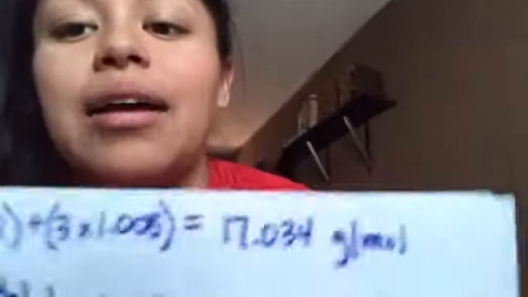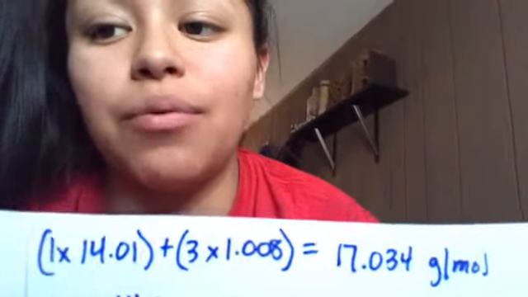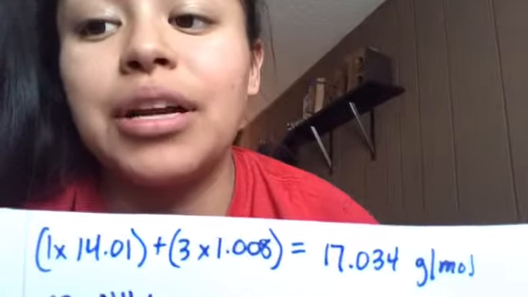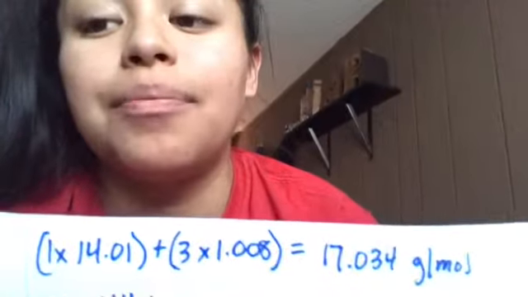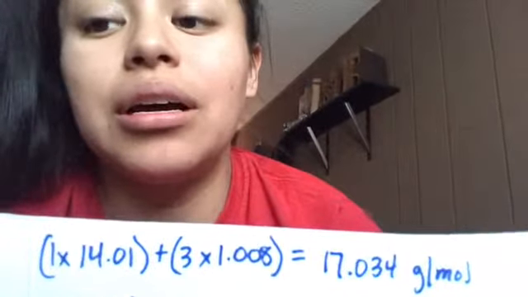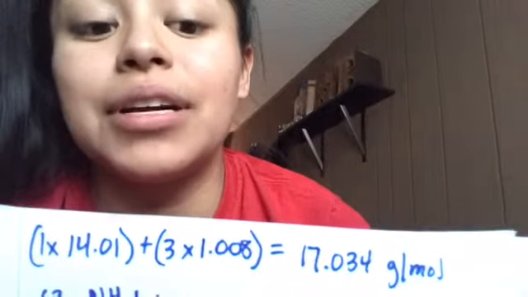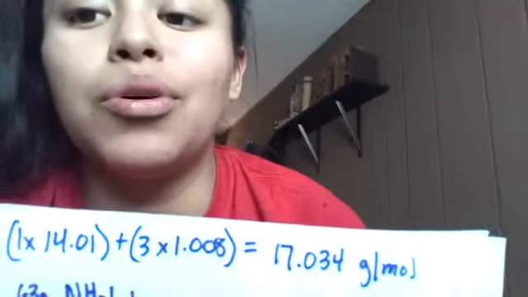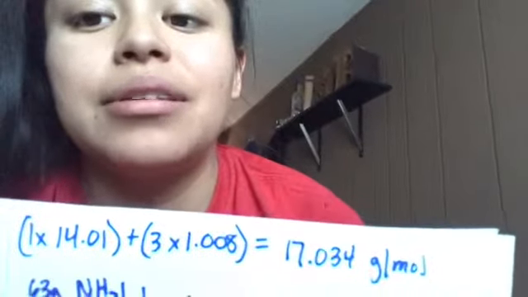So right here we have our problem. We only have 1 of the nitrogen, and on the periodic table it states that 14.01 is the mole in 1 nitrogen, plus 3 of the hydrogen, and it has a molar mass of 1.008, so that equals